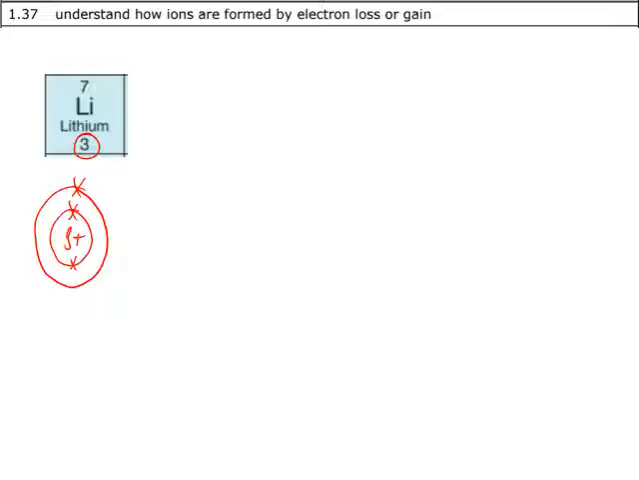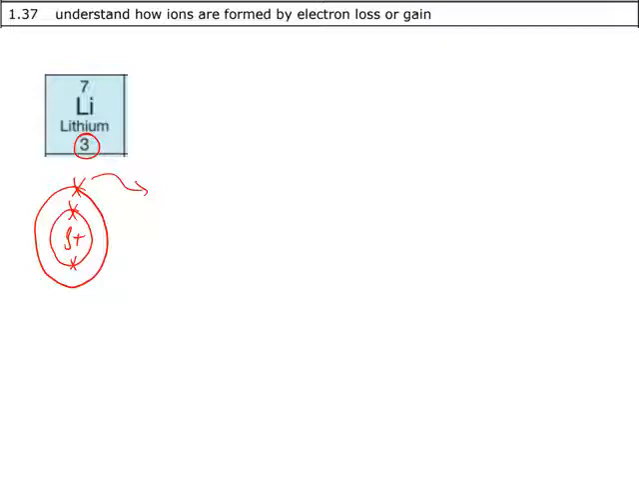Now, it is trying to lose. It wants to lose this outer electron because it's easier. It's easier to lose this one outer electron than to gain 7 more from a different atom. It's a lot easier to just lose that one. So lithium is very reactive. It likes to lose its one electron on the outer shell, and when it does that,